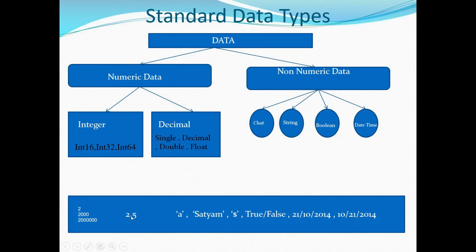And coming to 2.5 versus A, yes, this is a number and this is a character. It might require less memory than 2.5. And Satyam contains a collection of characters. It might require more space than this A, right? So as a developer, based on the type of data that is going to be stored in your slot, you'll have to tell the system how much memory has to be reserved for each and every data member. That is a primary responsibility of every developer.